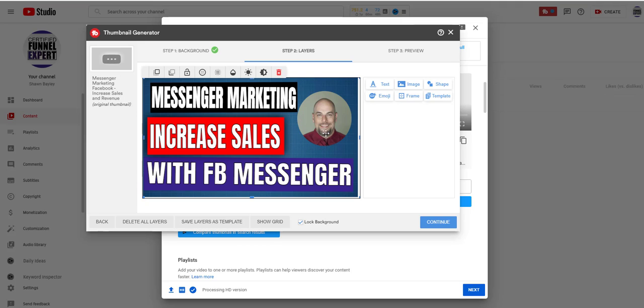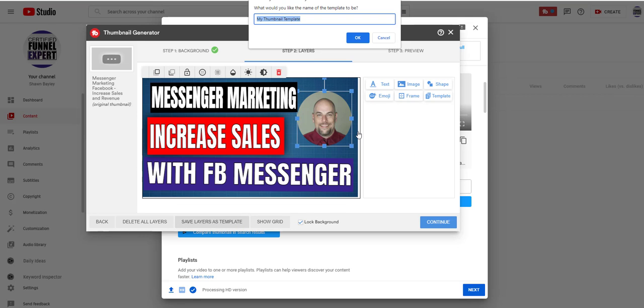Some people get a little bit more creative. I got this picture of this handsome fox right here, and I'm just going to leave this as is. And if I wanted to, I could save this, save layers as a template. So I'm going to call this one YouTube, and then I usually include whatever color scheme I've got going on here. So I'll say black, red, purple,